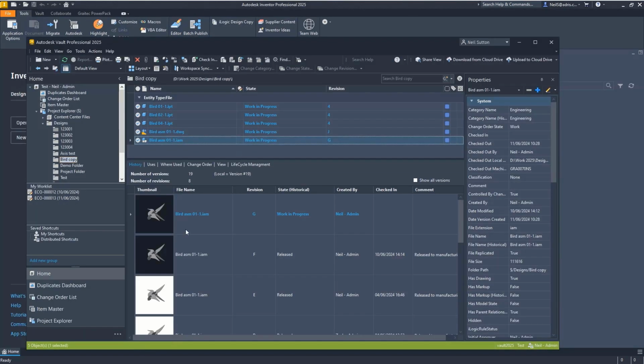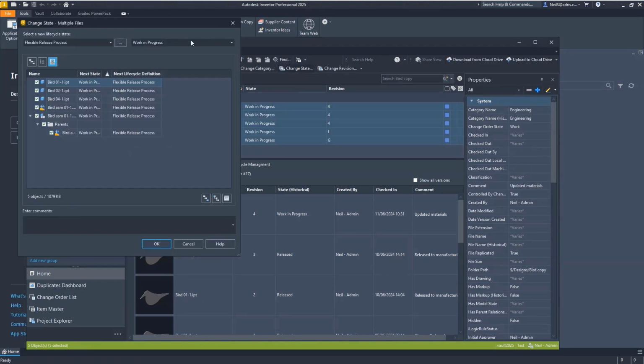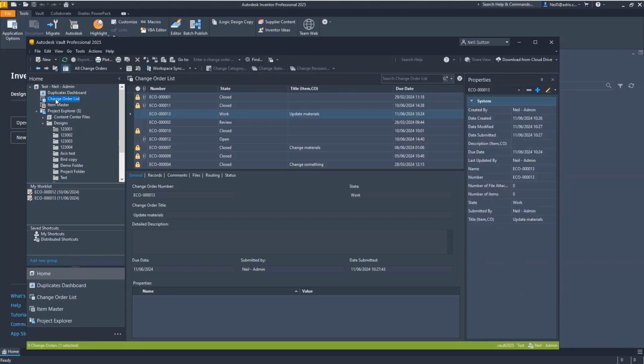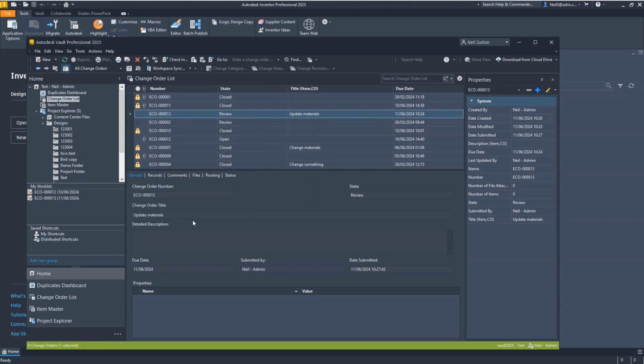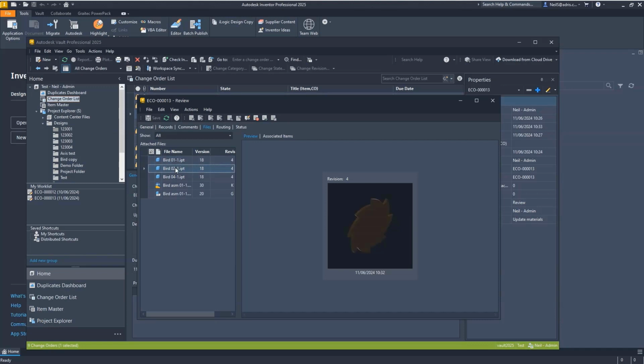Now, if we go back to Vault, I have my assembly that has changed material, and I want to set it to for review as a state, because I changed materials. And now if I submit my change order, we will see that the files are there, the files are updated,